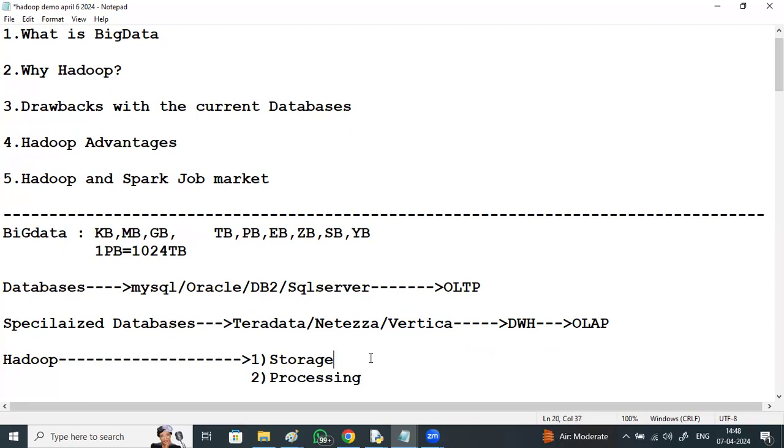For storage, we use HDFS, Hadoop Distributed File System. For processing, we are not using Java or any other technologies, but a parallel execution model called MapReduce, and for execution, MapReduce and Spark are used.